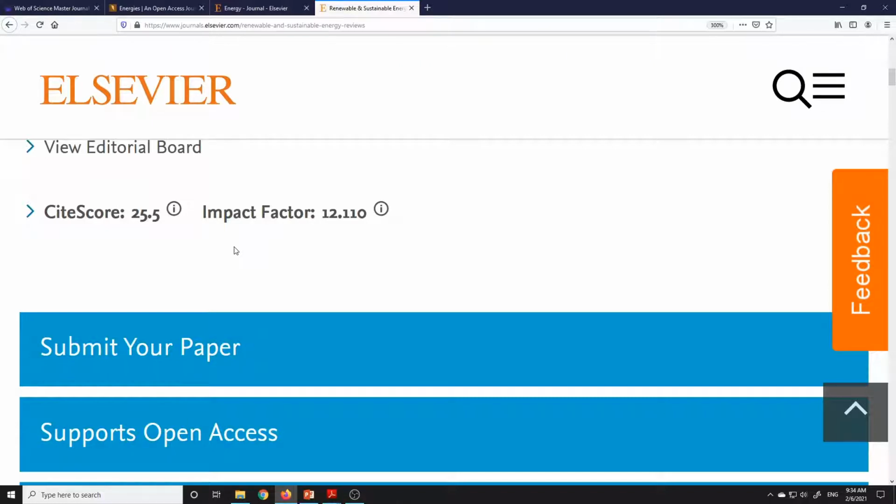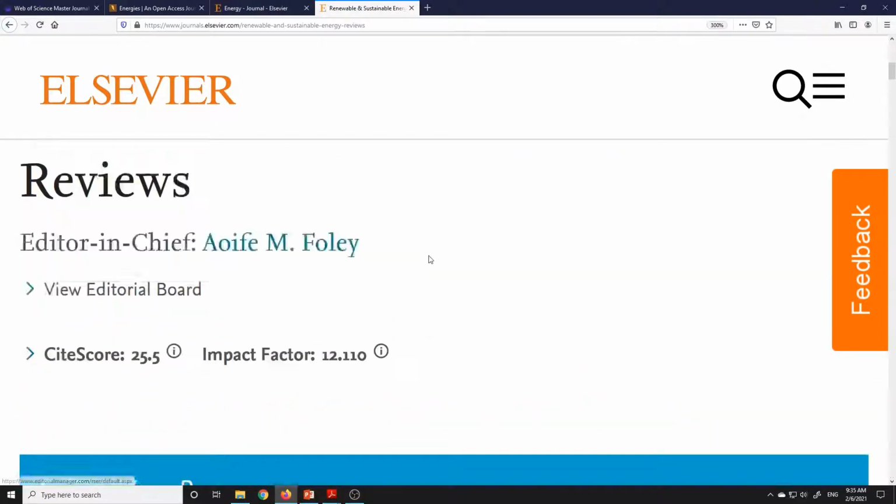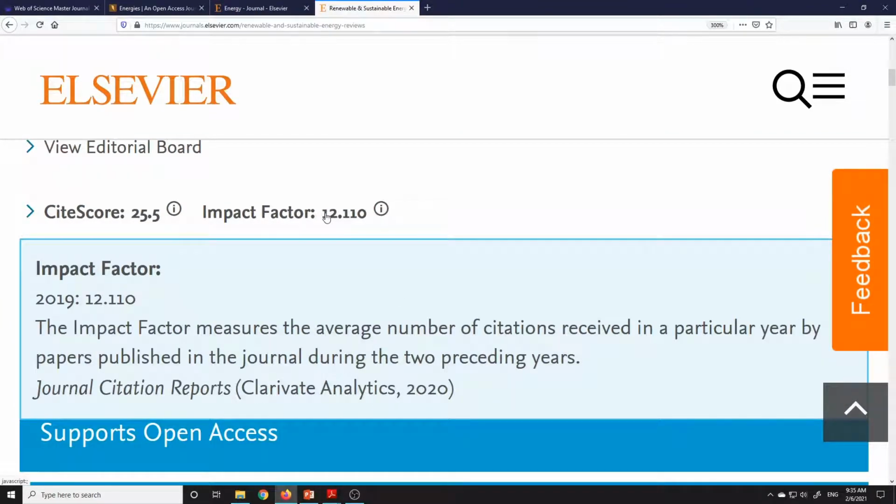When you write a review paper, you combine at least 200 or 300 works in one place, so anyone who reads it gets the information about all those papers. So publishing a review paper has a very high probability of getting citations. If you publish in Renewable and Sustainable Energy Reviews, you can already see the impact factor and site score. Impact factor 12 is not a small value.